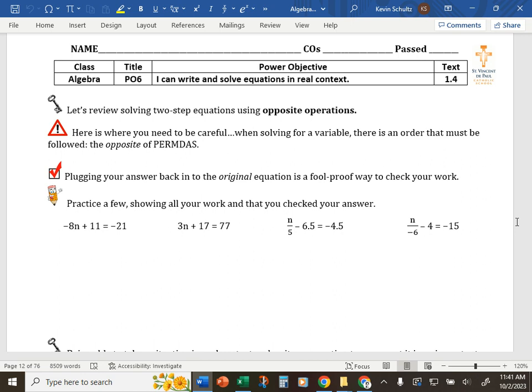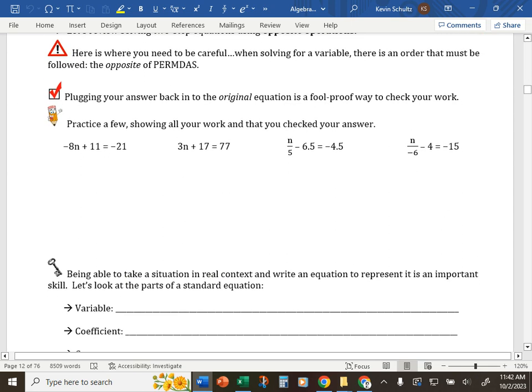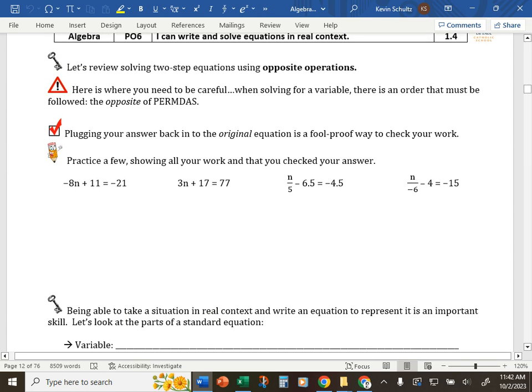If you don't have your binder out, please get it out because this is a big one. It's a PO, your second PO, second of 3 that'll be on your first test. And this one is a review of PO60 from last year, solving those two-step equations. And if you remember, my recommendation for how to solve two-step equations is by using opposite operations,